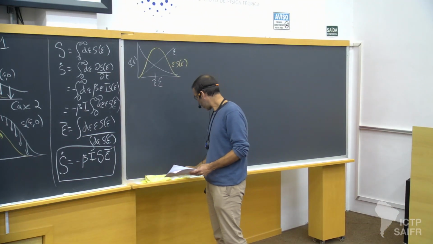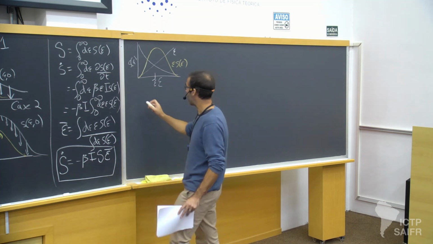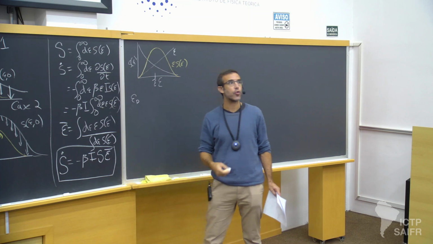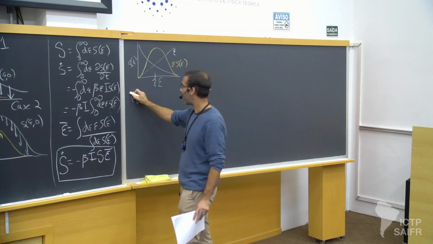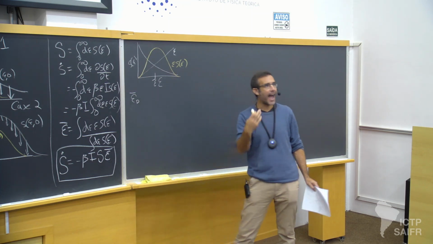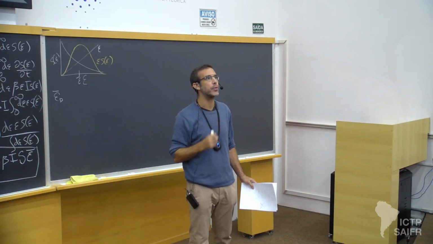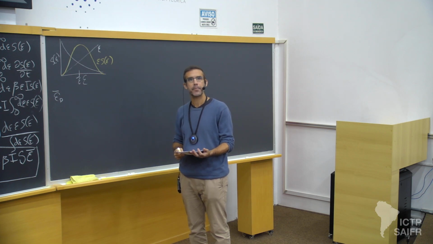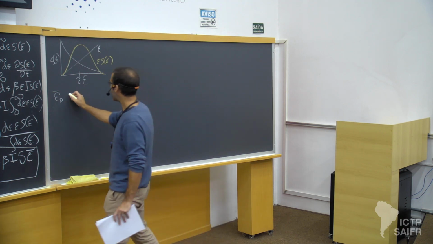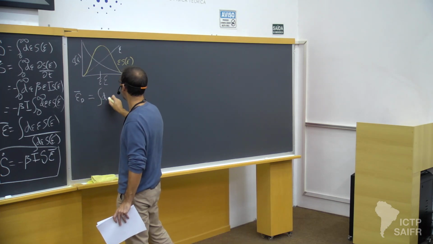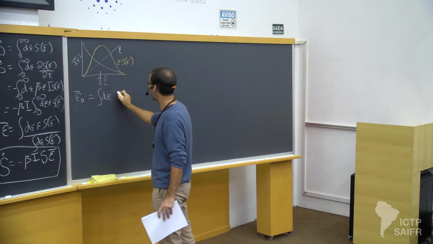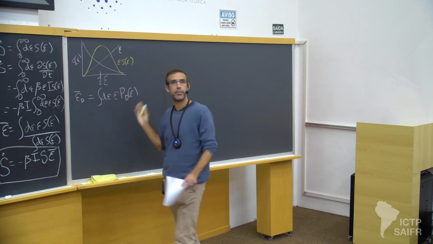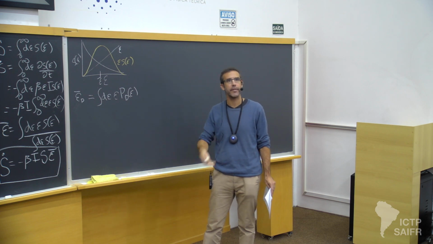Okay, so let me define epsilon d as the draw of susceptibility, and I'm going to define epsilon bar d as the average susceptibility of the next individual to be infected in this process. And I can write this as the integral d epsilon of the value of epsilon times the probability that you're drawn. I mean, that's a pretty simple way of writing something, right? The probability of an event times the value of the event.